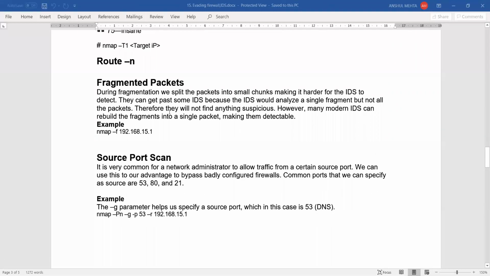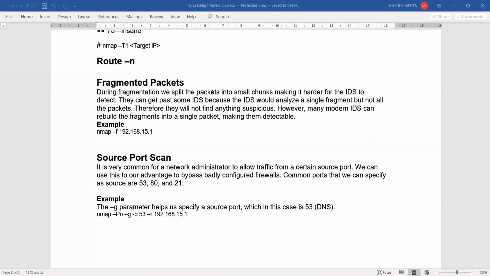Okay, so during fragmentation, you split packets into smaller chunks. That makes it more difficult for an IDS to detect that there is a scan going on. Or maybe you send these fragments at intervals so that the IDS will not wait long enough for those packets to reassemble, but your target may wait long enough for all those packets.